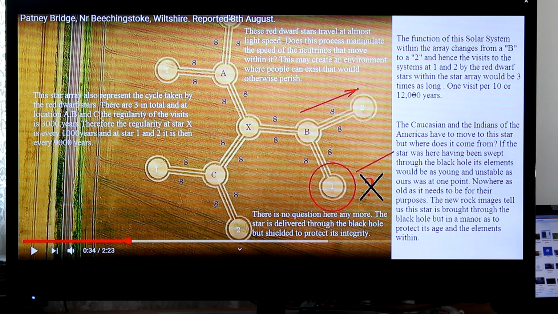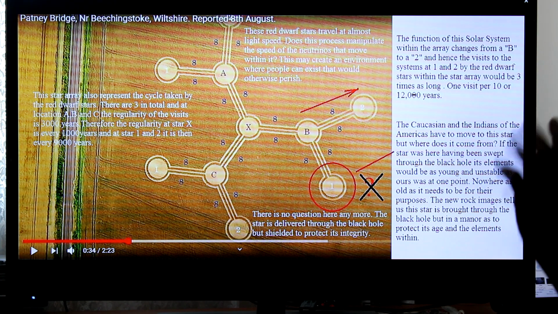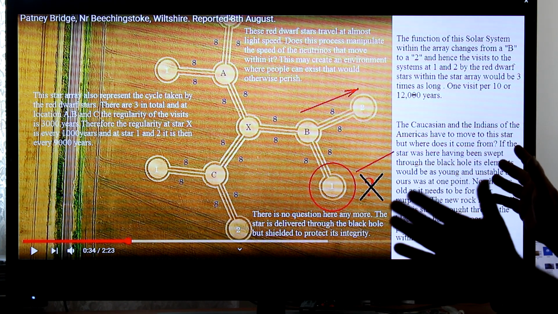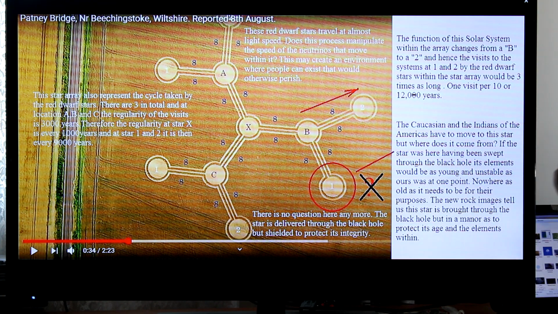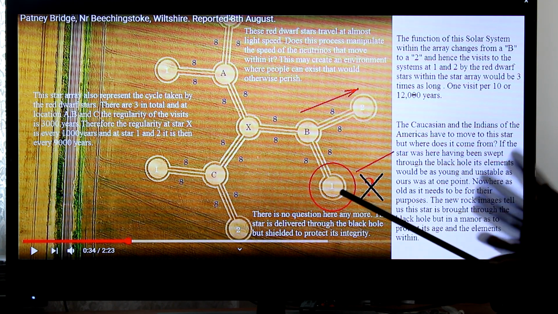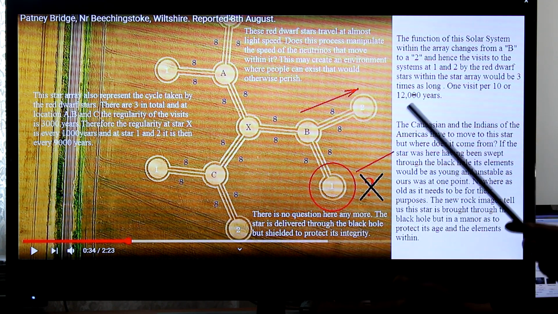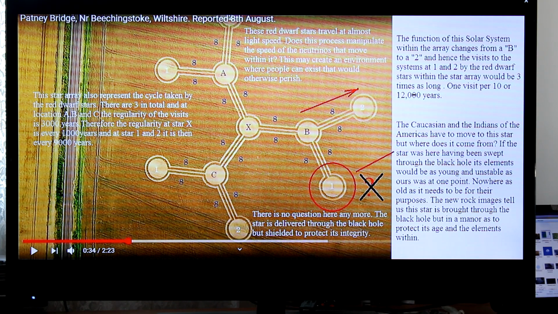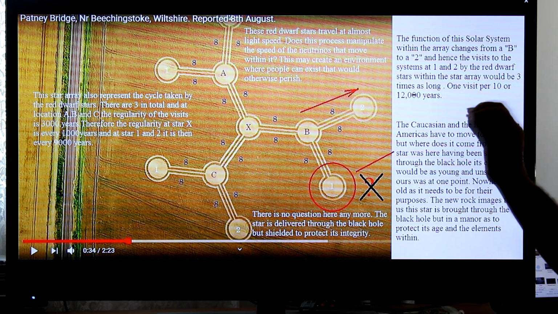I know I made a lot of mistakes on the way through, but it was rather a lot to get through. I do not understand the physics without doubt. I can tell you now, I barely understand it enough to be able to explain it, but that is what we're being told. The red dwarf stars are going and spiraling in our galaxy, albeit, like I said, I don't know that. I'm just saying that CERN know, or would seem to know, that within our small part of our